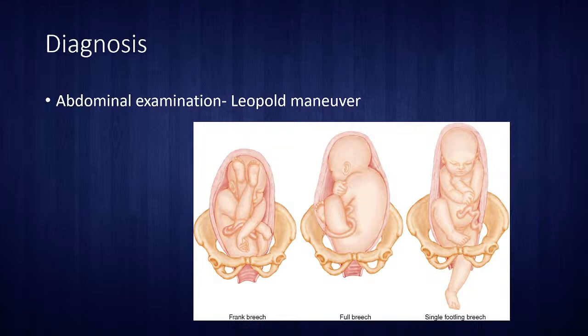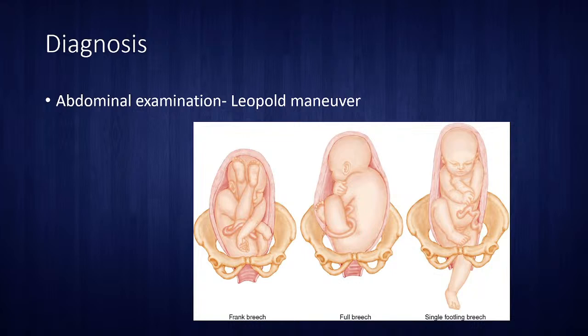Then another thing you can see: the fetal limbs will be on the sides, on the left side or the right side. How will you feel the breech? If you try to palpate the breech, how will it feel? It will be a soft, conical structure, not globular like the head. So, if it is a soft conical structure, then that is the breech. You have to check both head and breech to confirm that it is a breech presentation, because